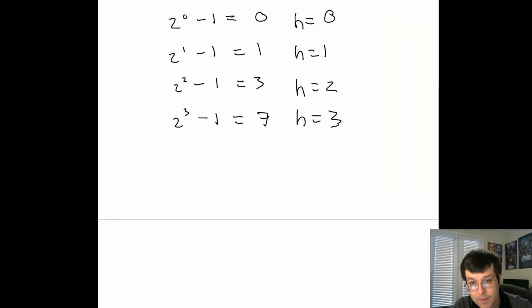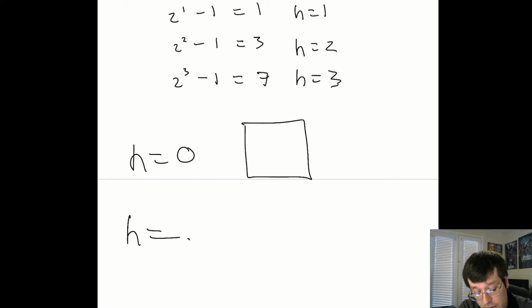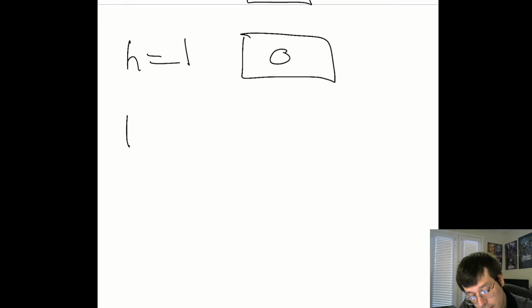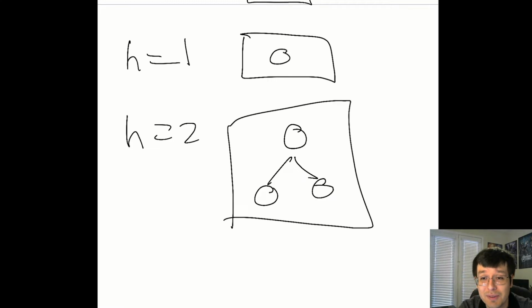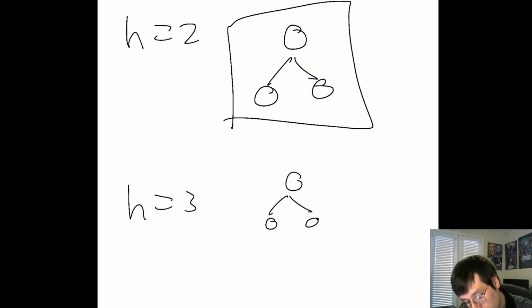But here, nothingness is height 0, okay? So if we have a tree of height 0, that's an empty tree. An H0 tree means that it can have no nodes. So it's just an empty tree. And then a tree with a single node is a tree of height 1. And then a tree with height 2 is actually going to be a tree with 2 levels. Okay? And then finally H3 would be something like this.